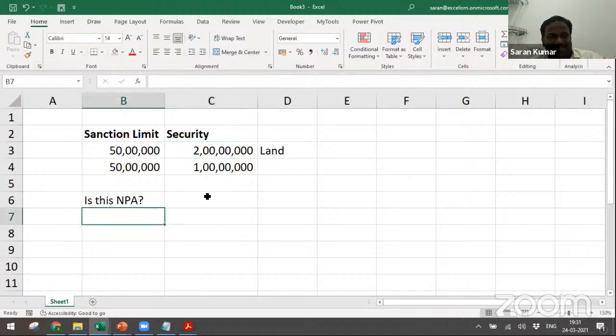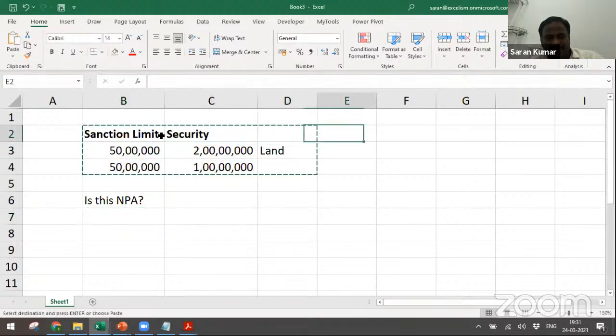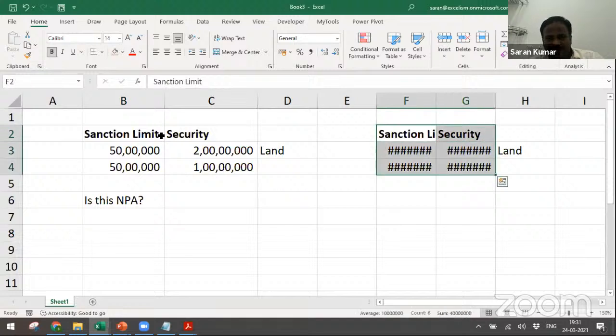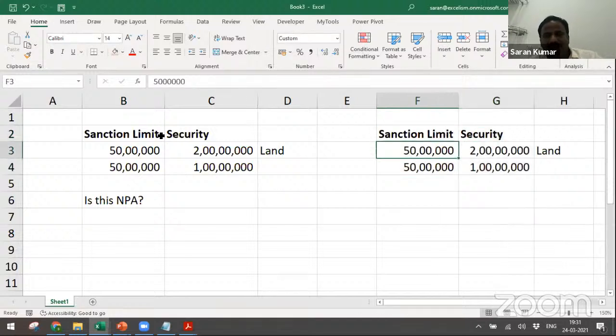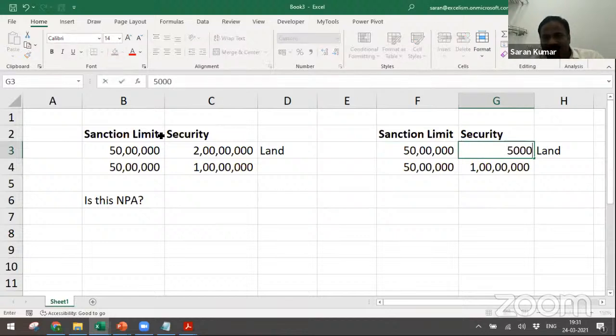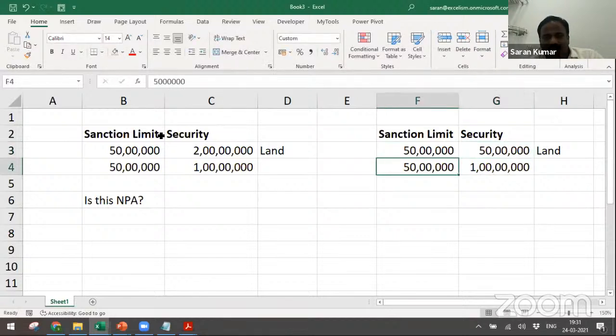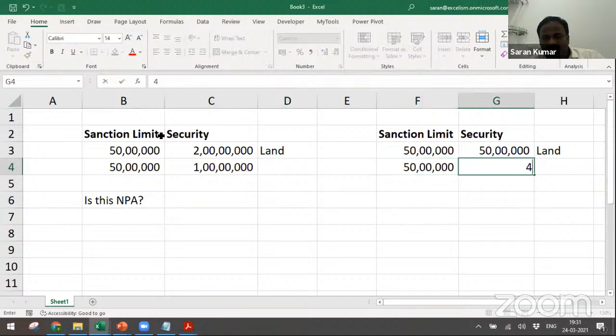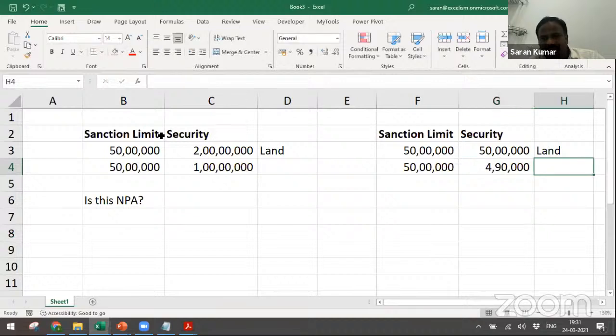Okay, there is another situation, another question. Now, you can correct me if I go wrong with my answer. We can have an argument, there's no doubt. 550 lakhs is there and 50 lakh security is there. Now, this became 4,90,000. Okay. Now, NPA, there's no doubt, even you know that.